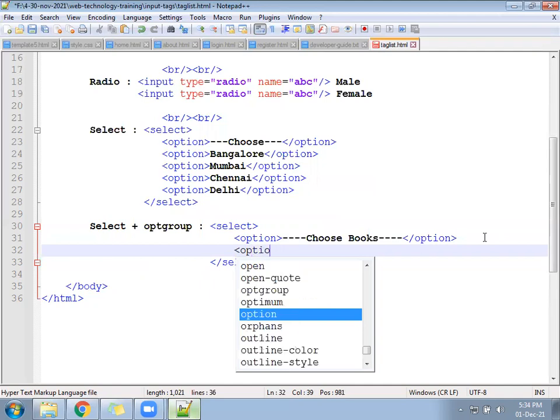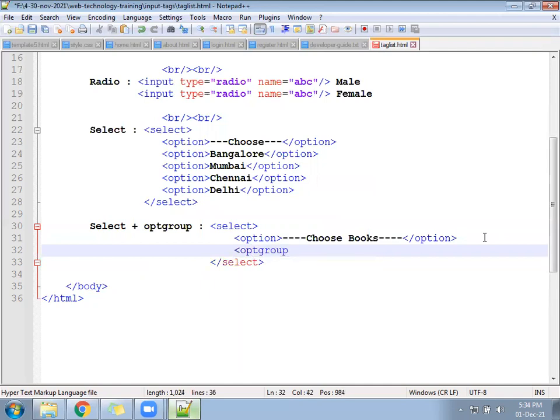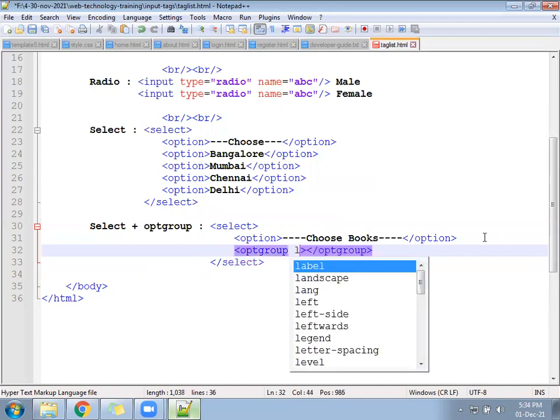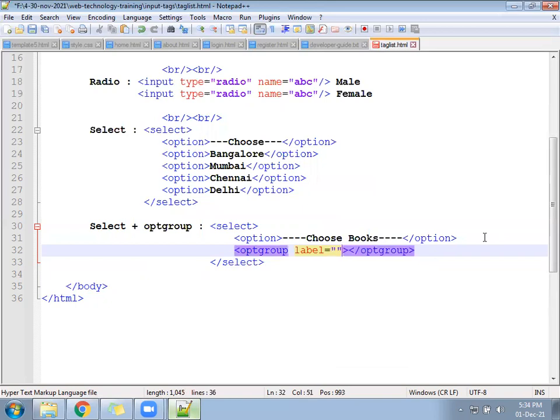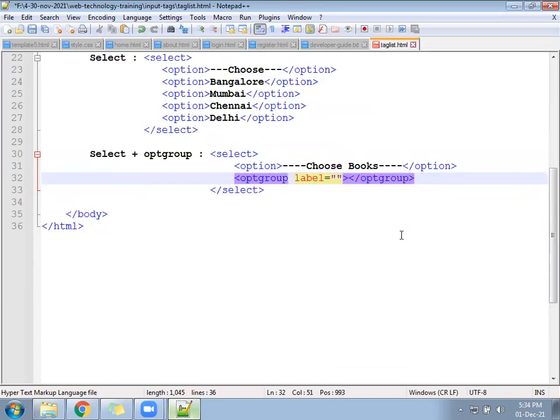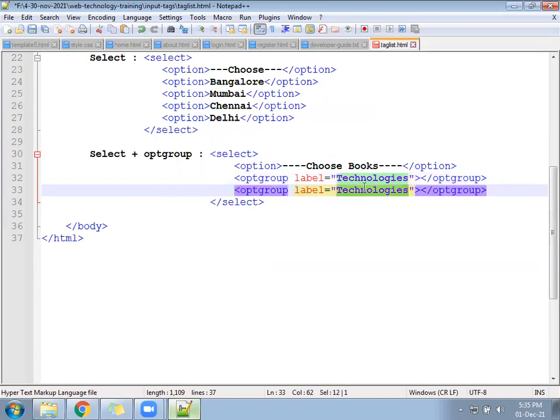Example of OPT group: OPT group open, OPT group close. There you will write the label, L-A-B-E-L, make sure of the spelling, called technologies. One option group. Second option group, marketing.